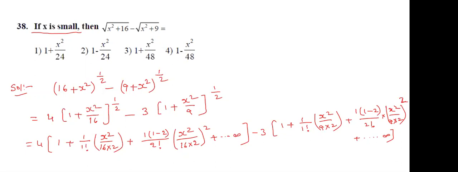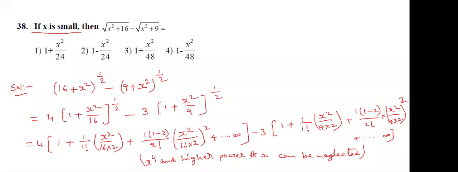So here x is small, so x square is also very small. The next term we are getting is x power 4. Here x cube, x power 4 and higher powers of x can be neglected. Why are we neglecting them? Because those are very small values. That's why we are neglecting them. This is the condition.